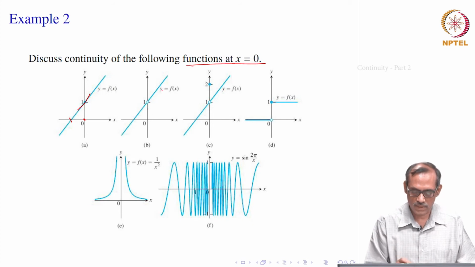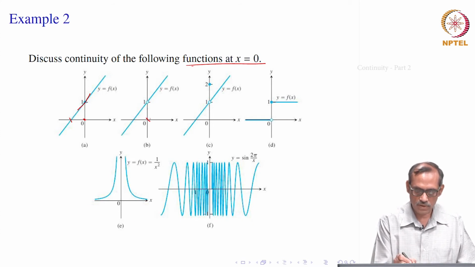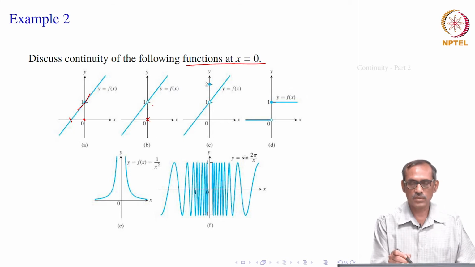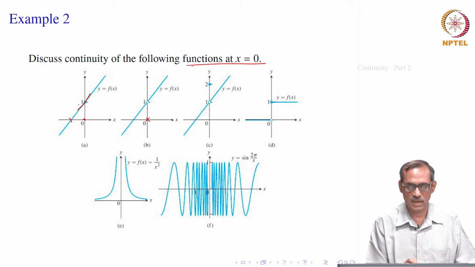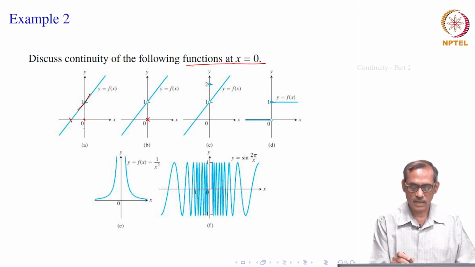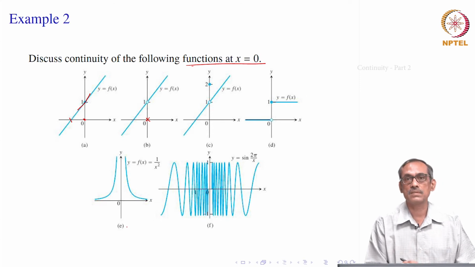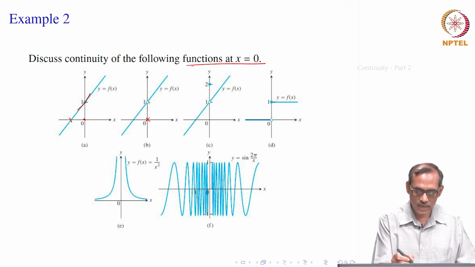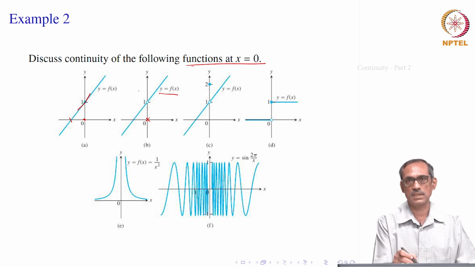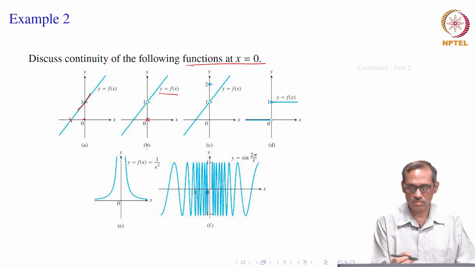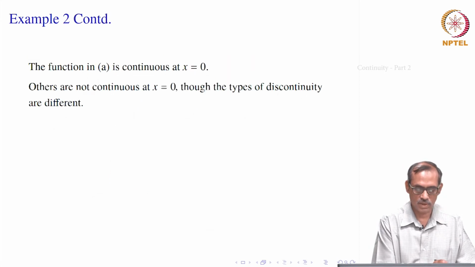Now, you go to the second function. At 0 it is a hollow circle. So, f of 0 is not defined; it is the same function as earlier in A, but at 0 it is not defined. Once it is not defined at 0, it is not continuous, because we need the function to be defined at that point. However, here the limit of f of x as x goes to 0 exists and it is equal to 1, both left side and right side limits are 1, but it is not defined at that point. So, it cannot be continuous. Okay.